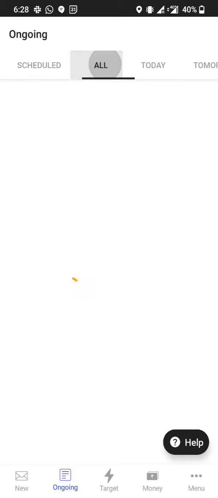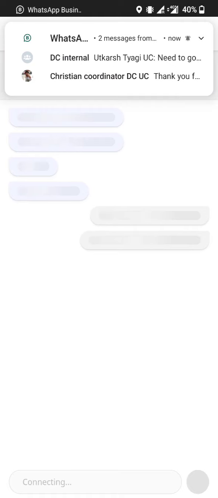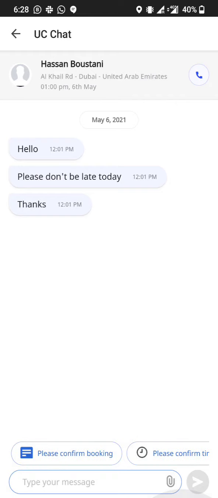Now, if you want to check the exact location of the customer or talk to the customer, what you can do is click on contact if you want to talk to the customer. Alright, and if you click on contact, a chat window will open and you will be able to talk to the customer. For example, in this particular booking, the customer has actually sent a message to the cleaner, but the cleaner has not replied. You should ideally keep checking the chats and make sure that you reply to all the